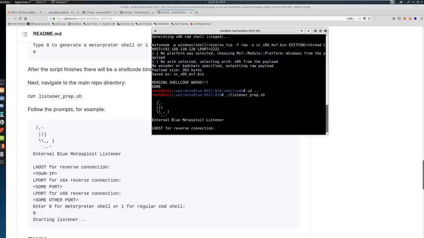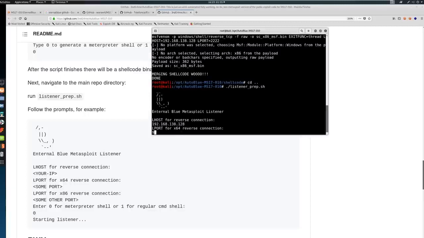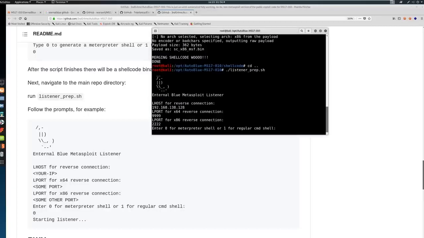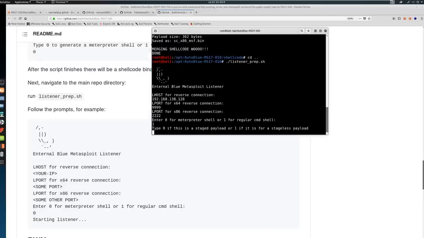We could just as easily run this with Netcat. We can just say nc -nvlp like we have before, and whatever port we're listening on, all 9s before. So we're going to go ahead and just let this run its course as intended. And we're going to do 9999. We did 2222 here. And we're going to go ahead and say regular command shell, all the same things we